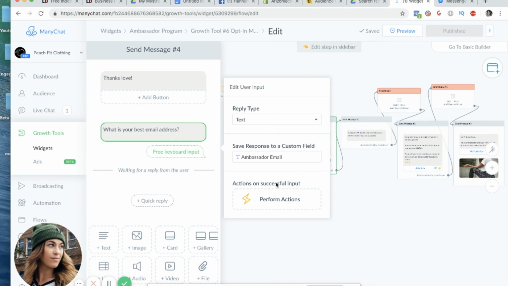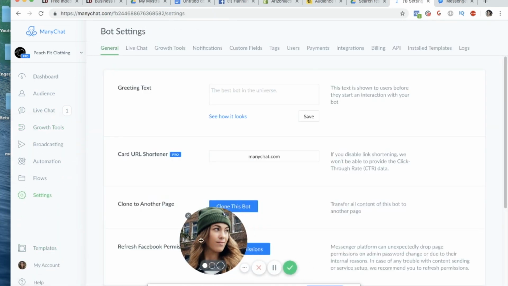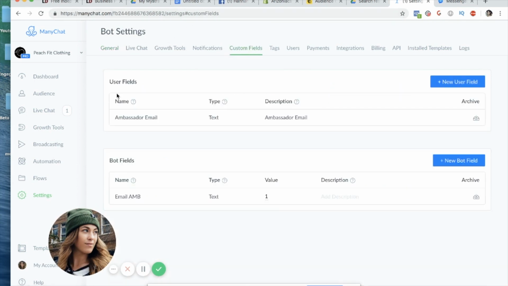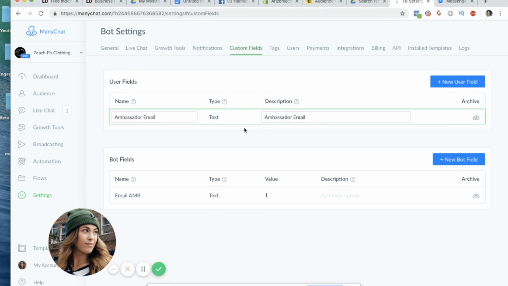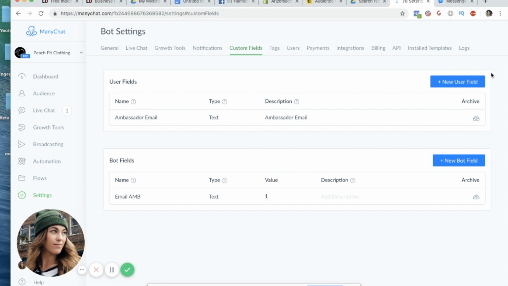If I go over here to create a custom field, you go to settings and then custom fields, and you can see I have an ambassador custom field right here. And you can create a new user field. What you do is connect your ManyChat to whatever email hosting platform you have, whether it's Klaviyo or MailChimp or whatever you use.